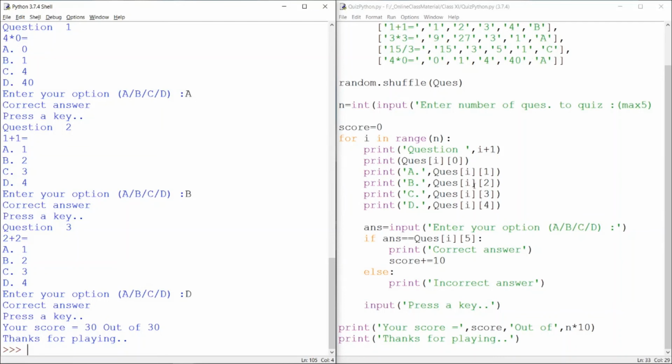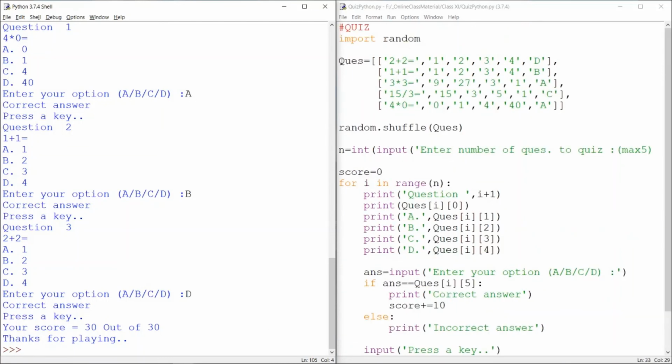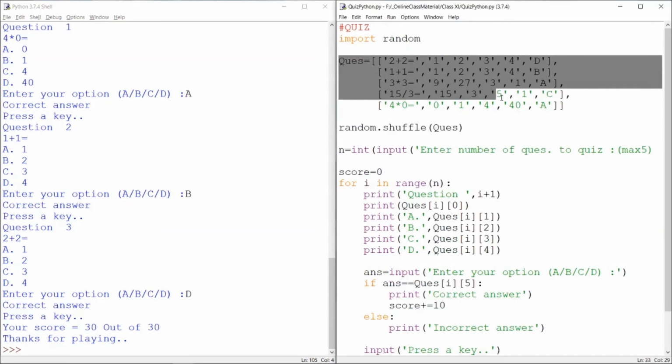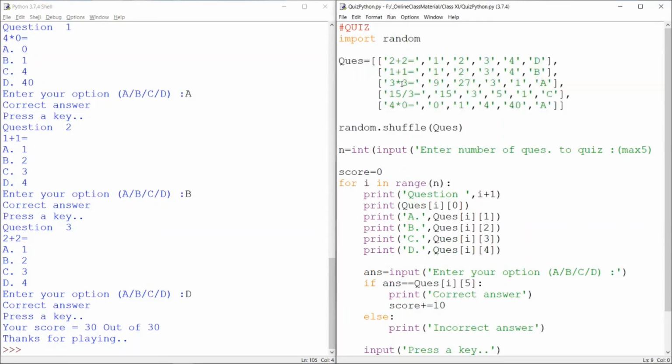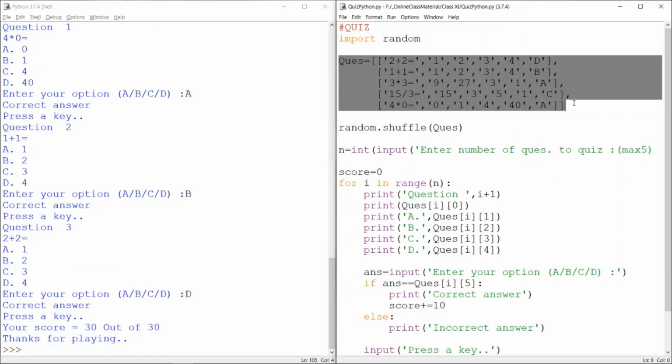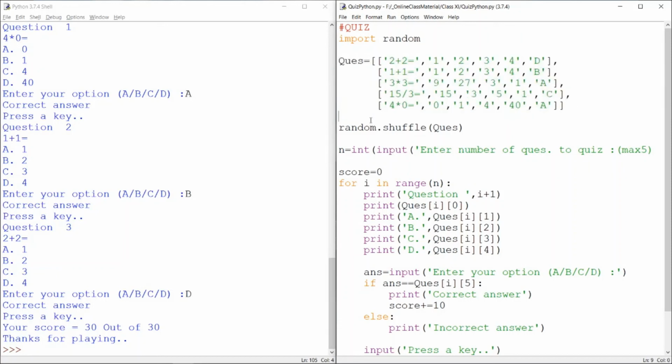Right. So this is how you can develop a project. As I have written here questions of one particular stream, suppose mathematics, you may have different sets of questions for different subjects also, and you can ask the user which subject you wish to play the quiz for.